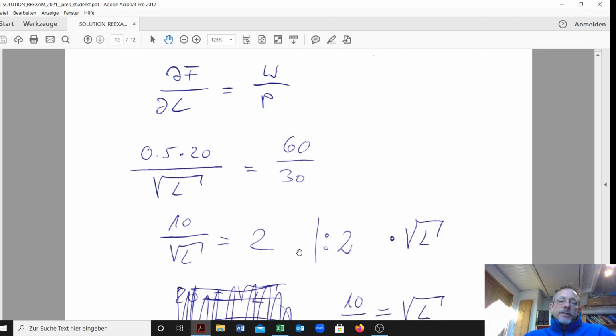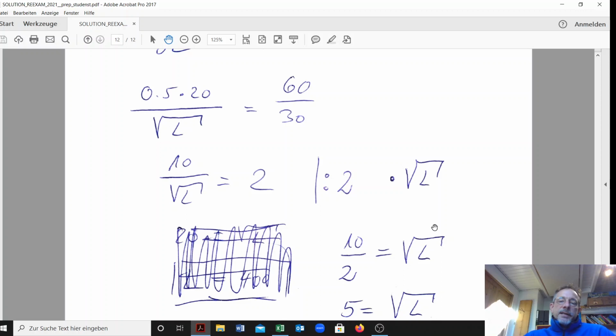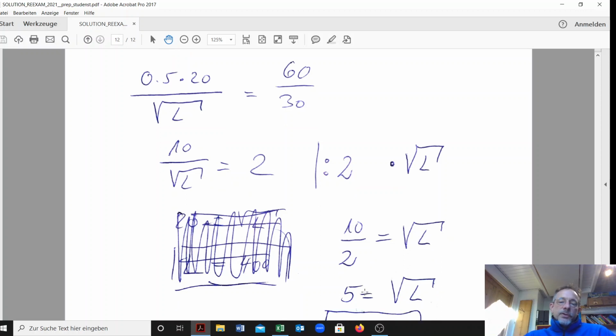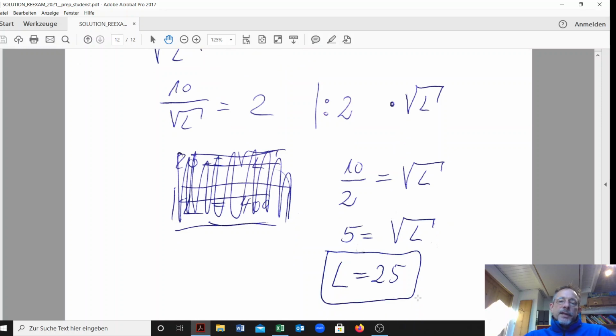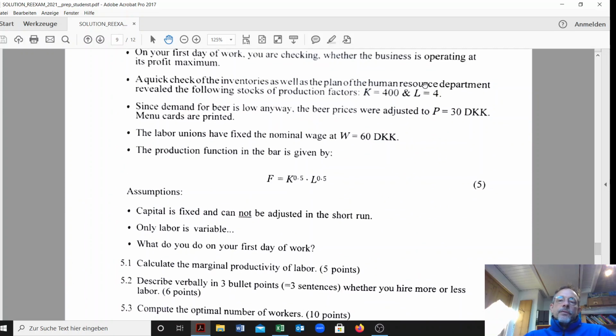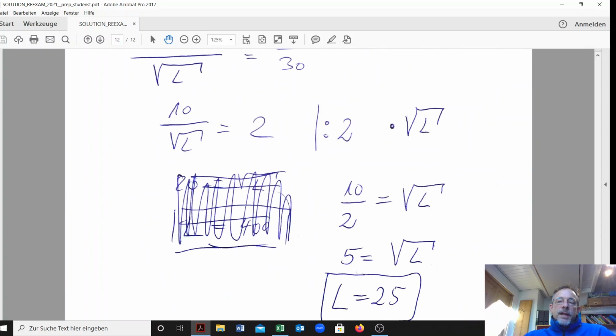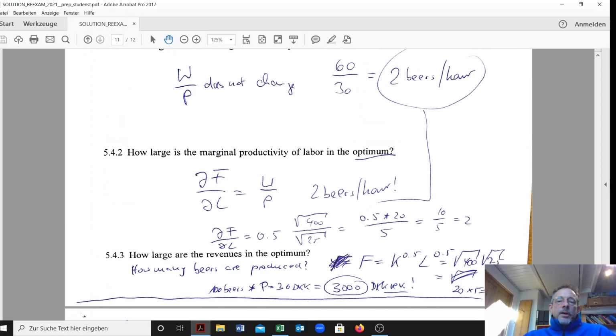When we divide by 2, we get 10 over 2 on the left-hand side. We also multiply through by the square root of L so that this part goes to the right-hand side. So the square root of L is equal to 5. So L is equal to 25. So we know that you have to hire labor because right now labor is equal to 4 and the optimal amount of labor is equal to 25. Okay,